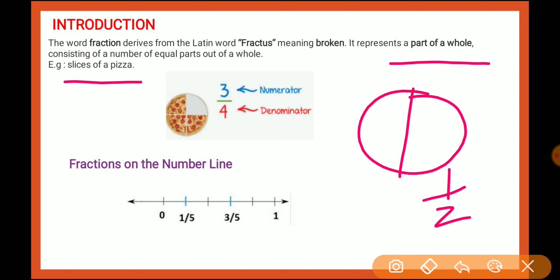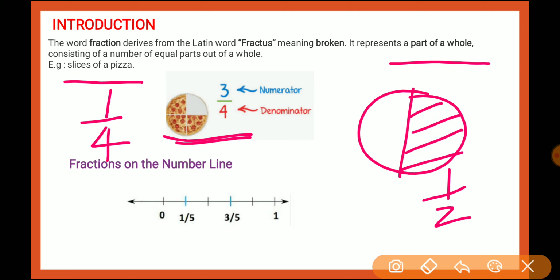For example, your daily life example about pizza. Okay, slices of pizza. Here it is 3 by 4. Why it is 3 by 4? If you have to say that this remaining pizza, so remaining pizza 3 by 4, and the pizza that has been eaten, that pizza is 1 by 4. It is 1 by 4 pizza already eaten, and 3 by 4 pizza is left. Simple. And if I shade this region, so you can say 1 by 2 is a shaded region, okay, and non-shaded region is also 1 by 2.